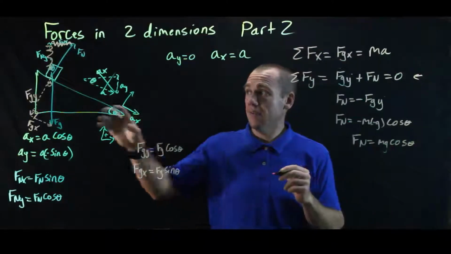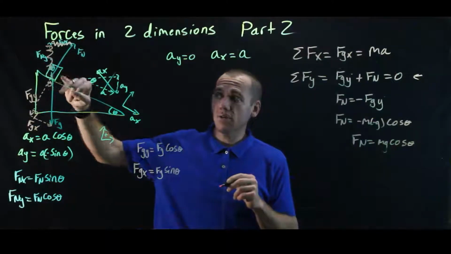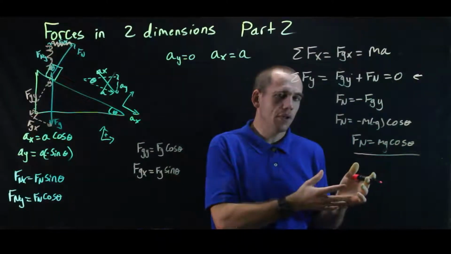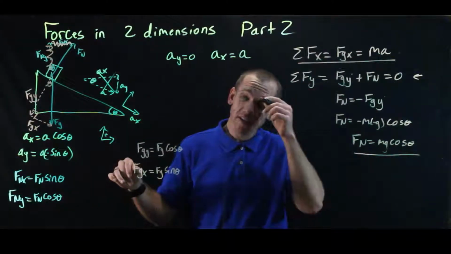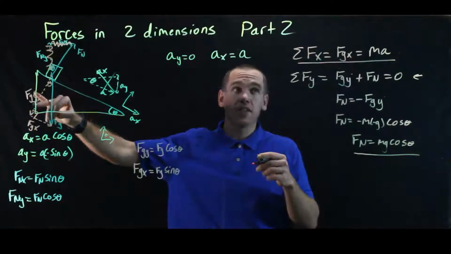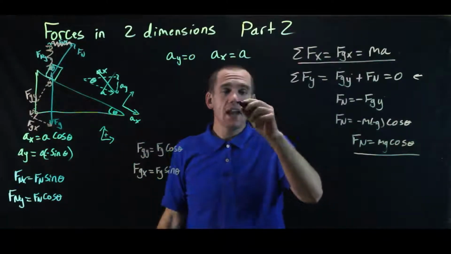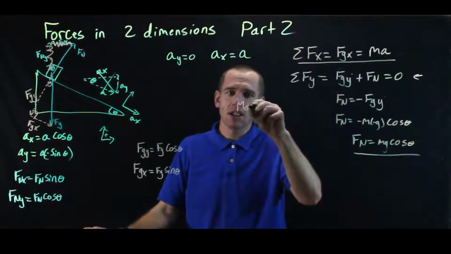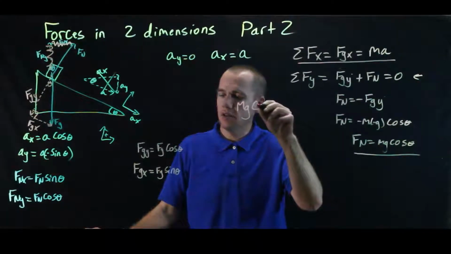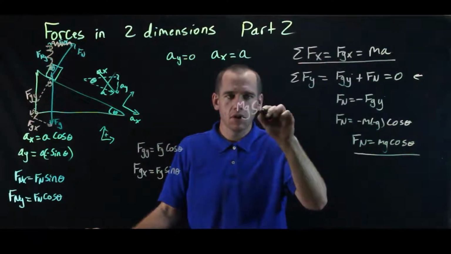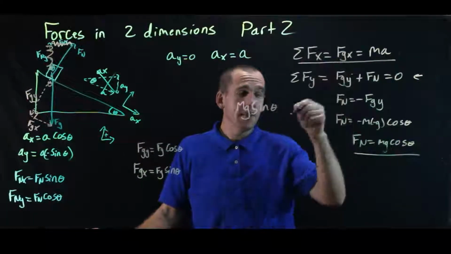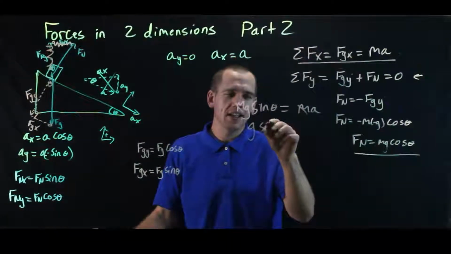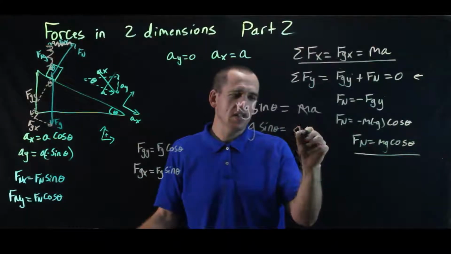Which would be handy if there was friction and I knew the coefficient and wanted to find the frictional force. Now I have this cute little expression for the normal force. We still don't have an expression for the acceleration of the block without friction acting on it, so let's go back to our net force in x, and we'll have net force in x is Fgx, which is going to be mg sine theta, right, equals ma. And m is on both sides, and so g sine theta is equal to the acceleration